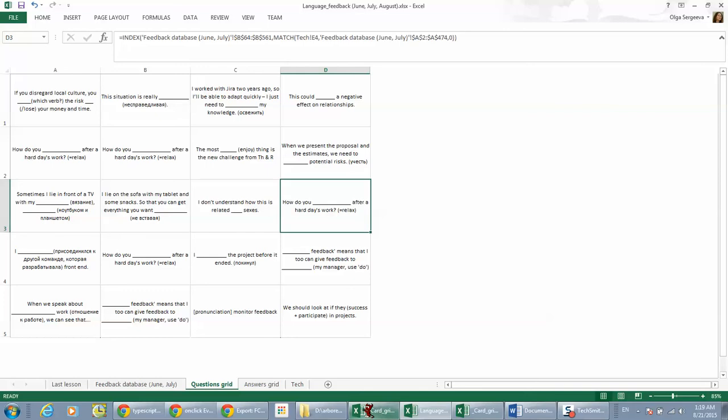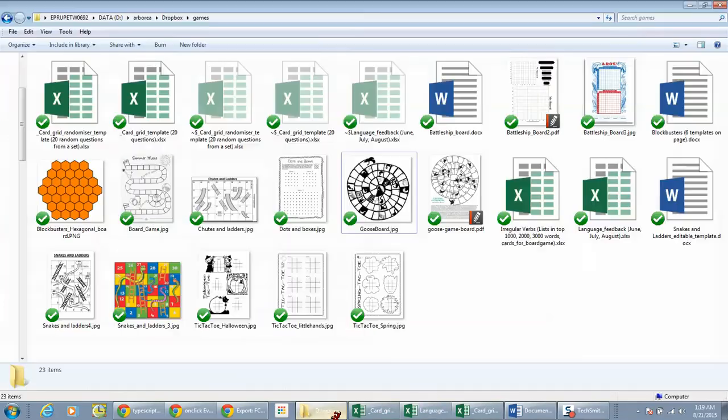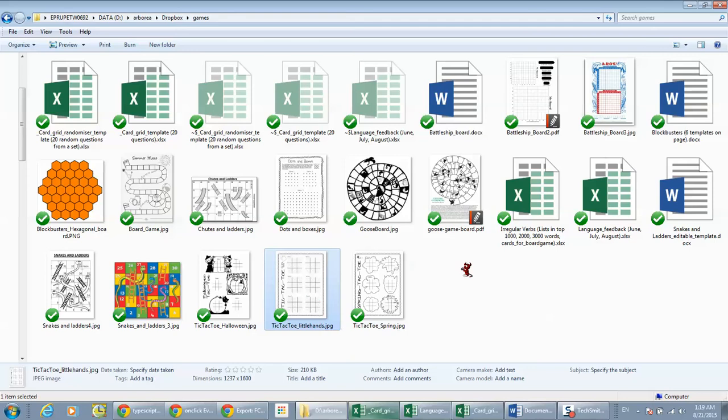Okay, so these were some ideas for actually finding the material for the games, and now a little bit about the games themselves. So basically, as I said, I found quite a few very nice templates, for example tic-tac-toe, battleships, and so on. And the general principle is